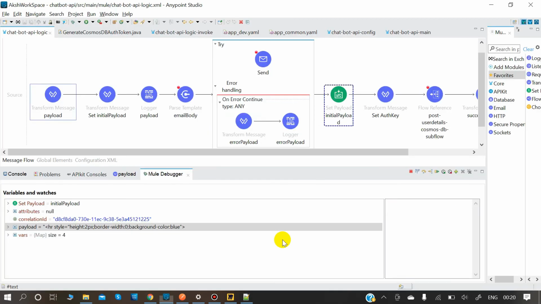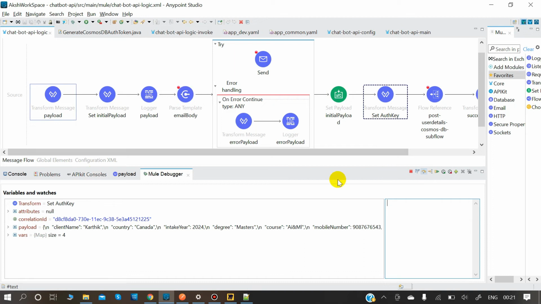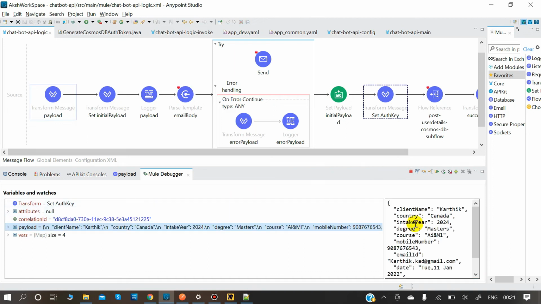Moving on to our code back again. Now we are going to send our data to Cosmos DB. So we have set, now it's in an HTML format, but we don't want to send it in an HTML format. We are going to set the payload that we saved here. So see, now again we received this JSON data.